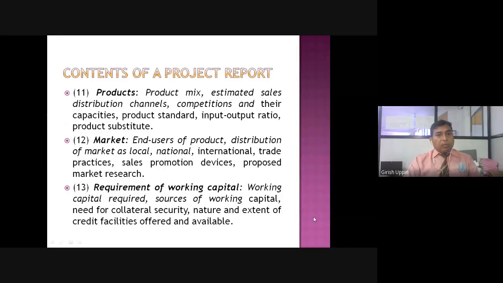Products, product mix, estimated sales, distribution channels, competitions and their capacities, product standard, input output ratio, product substitute. So all this regarding the product, you have to give the product mix. Suppose you are giving a product mix, you don't have only one finished product, there are also some byproducts. If there is any such thing, you should give that product mix. And what is your estimation of the sales